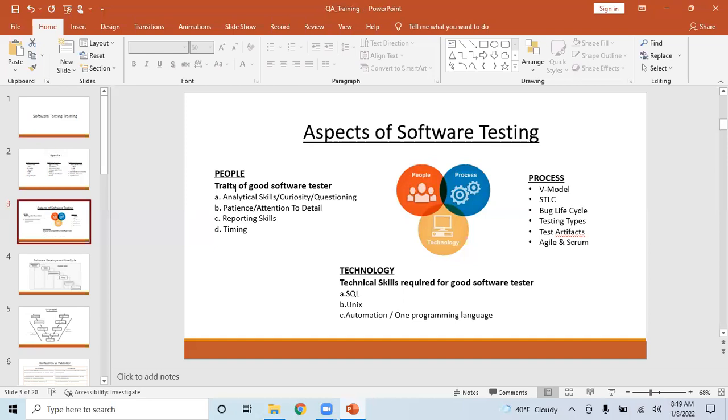People not only see whether you know the technology and the process, but also, because when you find a bug, you have to confidently tell them this is a bug and this needs to be fixed. So you have to confidently talk to a developer. Developers will have a tendency of saying, oh, this is not a bug, it is okay to be there.